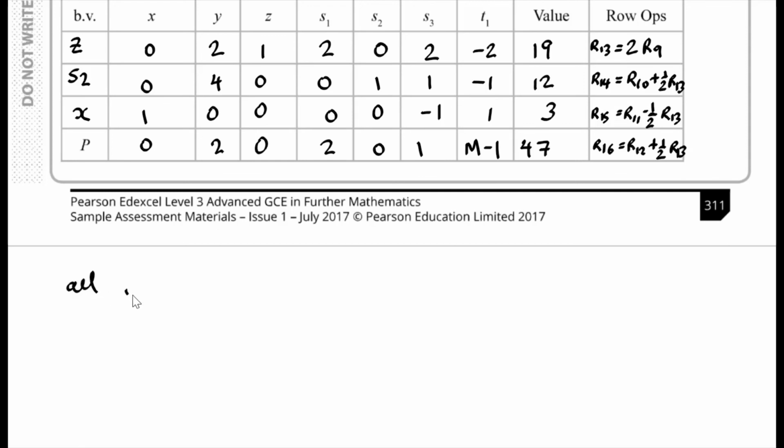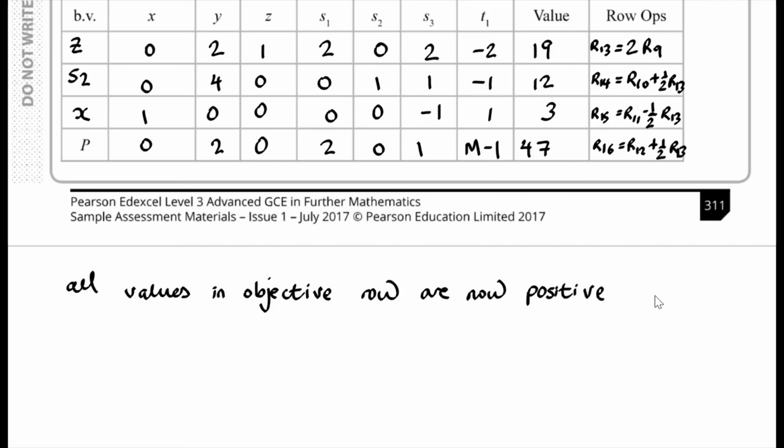We see that all the values in the objective row are now positive, and so the solution is optimal. Okay, and therefore